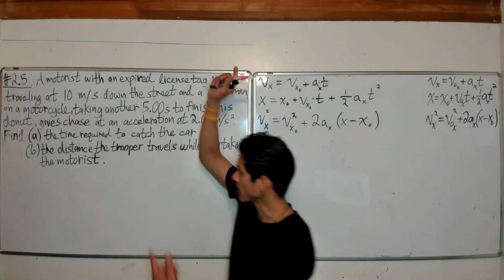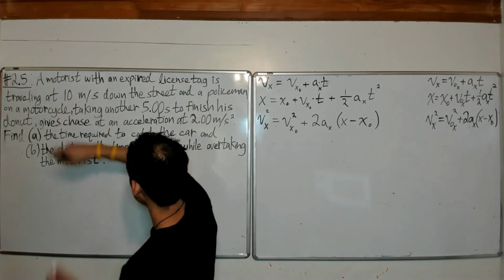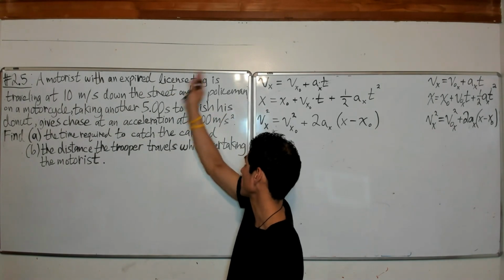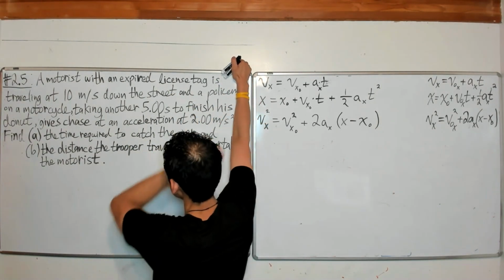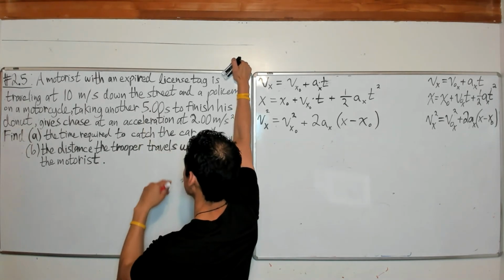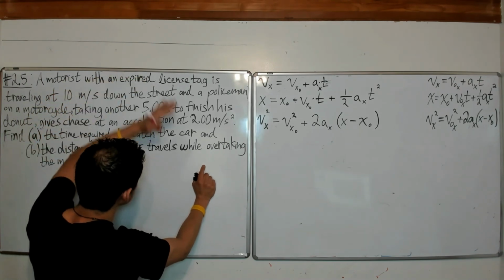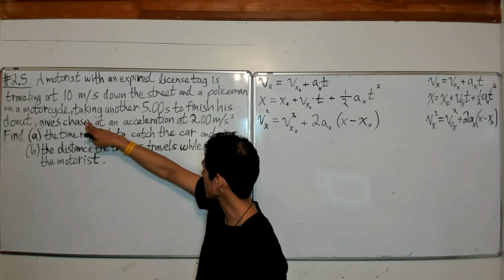All right, so we're gonna look at this problem dealing with motion in one dimension. So here we have a motorist with an expired license tag. I assume that's license plates, maybe, but it doesn't matter. The motorist is traveling at 10 meters per second down the street, then a policeman on a motorcycle takes another 5